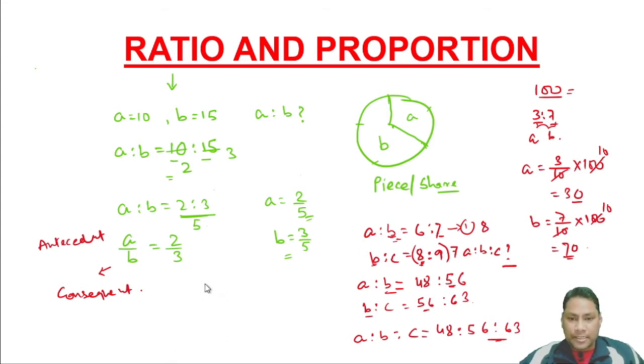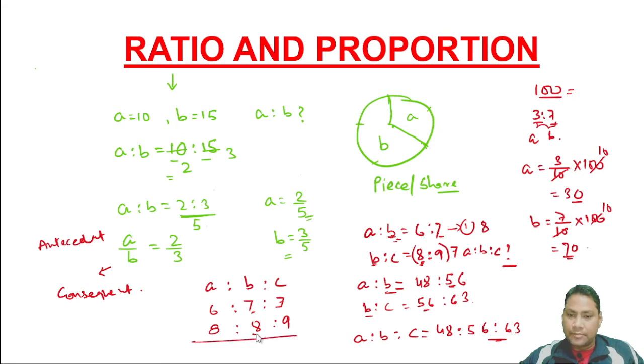First of all, we will write a, b and c in the ratio format. Now here a is to b is given 6 and 7, we will write it like this, and b is to c is given 8 is to 9. We will fill the blank area by the nearby value. The blank value is here, the nearby value is 7, so we will fill 7 here. Likewise, here is also blank and we will fill 8, the neighboring value.